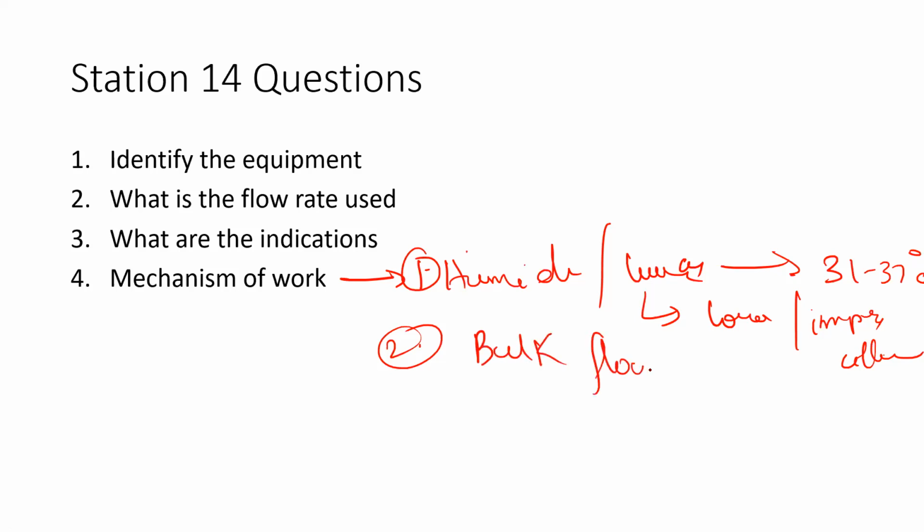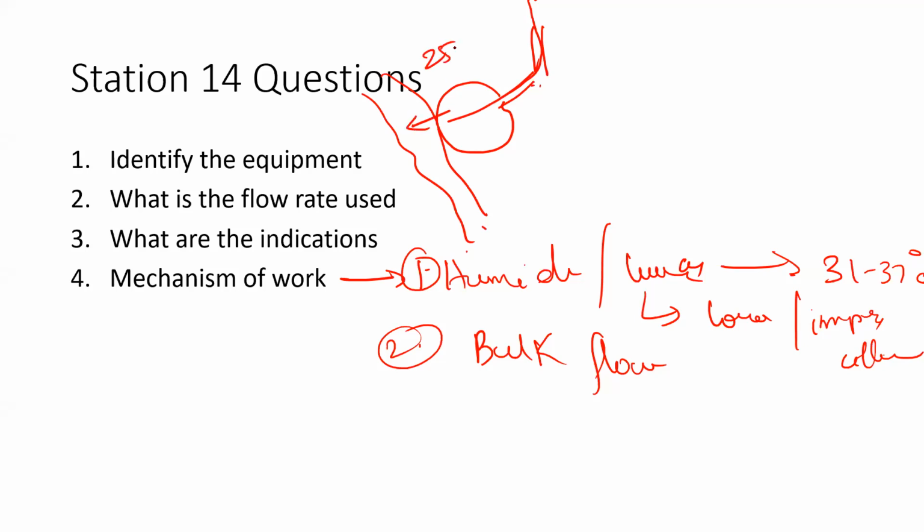So what is bulk flow gradient? If you are having a trachea here, the bronchus, and this is the alveoli, and this is the pulmonary capillaries. The patient is not having any breathing. The patient is apneic. Now the oxygen is coming at such a high rate. Oxygen is removed at a rate of 250 ml per minute, which is the basal oxygen consumption. Whereas when there is no ventilation, carbon dioxide, which is getting accumulated because of the cellular metabolism, is buffered because carbon dioxide has got a huge buffer system in the body. It comes out only at a rate of 10 ml per minute.